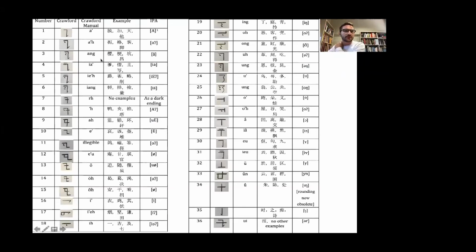So if we go over here to the first one, we can see we don't have any dots here, so it's just a regular "ah." And then here we have the single one, so we've got a glottal stop. And then here we have 2, we have a nasal, and then we've got that line above, which indicates a diphthong. And it pretty much goes through in the same manner throughout the rest of the chart.